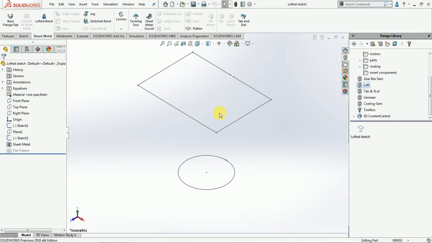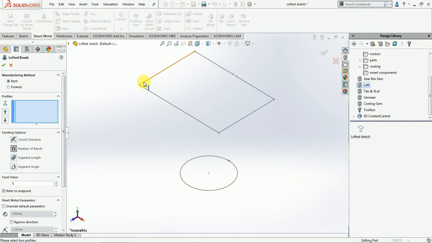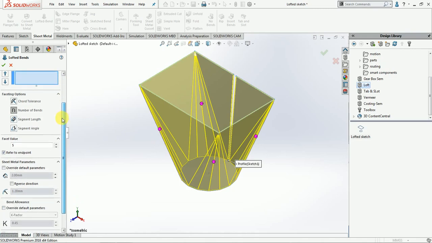What about the creation of different complex profiles? For example, how many bends should be intended, how many segments should be created, whatever it may be, I can easily create through a tool, nothing but the lofted bend. This is a specialized tool for working on different complex profiles. For example, I just want to control through a segment length. I can easily control